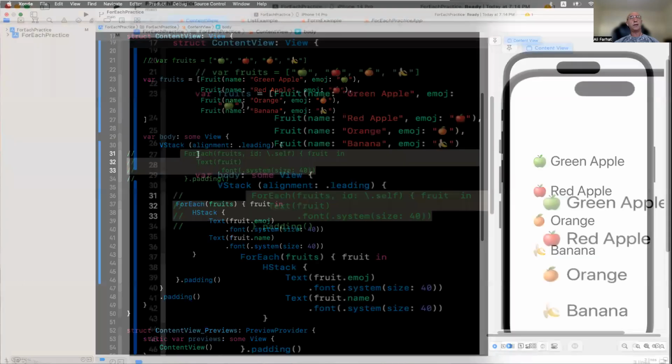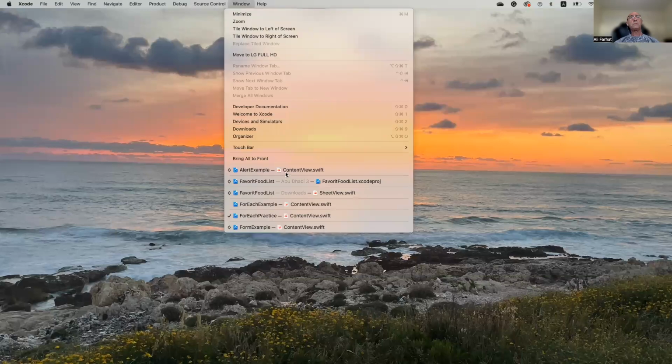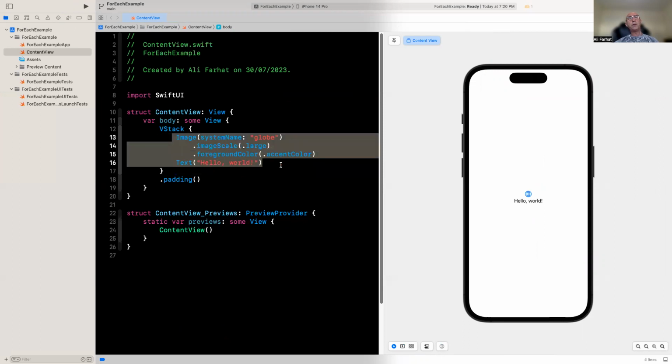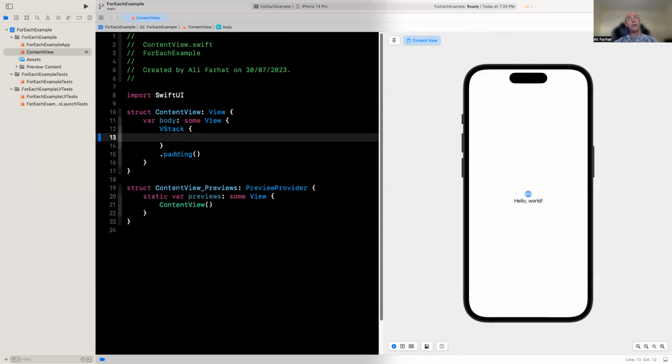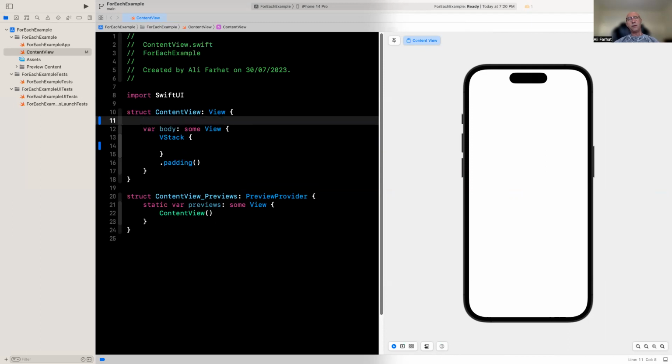I already created a project. You can do that with me as well. I called it ForEach example. So this is what we get in the content view, and then delete that, and then we have nothing in the content view. So typically, when you want to list things,